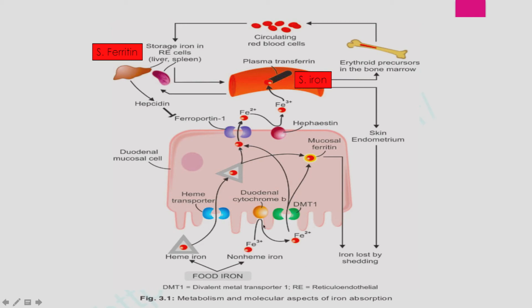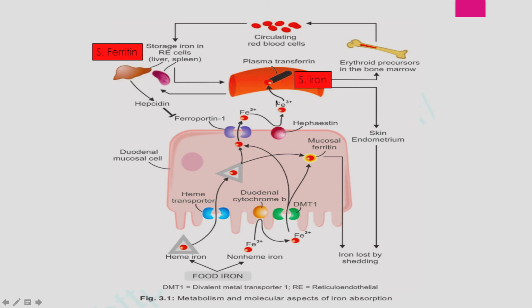It is first reduced to ferrous form, and then the ferrous form is absorbed, whereas the heme iron is directly absorbed. The iron in meat products is directly absorbed because it is already in ferrous form. Then this ferrous form is absorbed into the duodenal cell, and this duodenal cell releases the ferrous iron into the blood, right? Before going to the blood, this ferrous is reduced to ferric form, and now this ferric